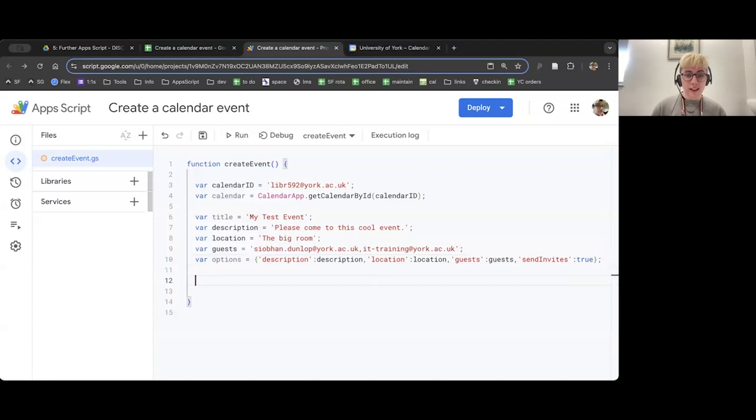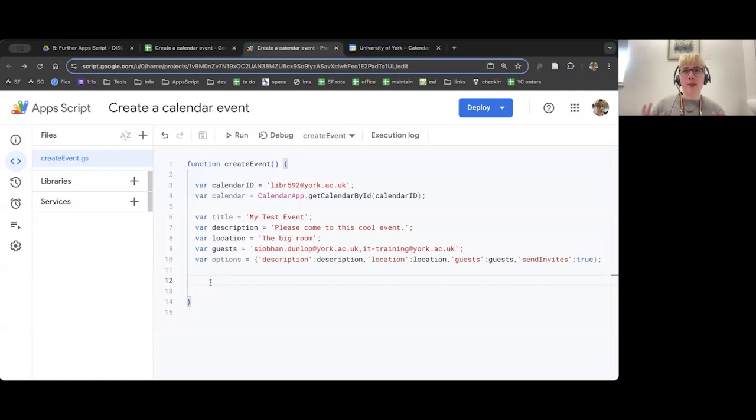So I'm going to hit enter and enter again. And I'm going to save my code at this point as well, just to make sure it's all happy. Brilliant. So we've got most of the things an event needs. We've got a name, we've got some people coming to it, we've got a location, but we're missing the elephant in the room, to use a weird metaphor. We're missing the thing that perhaps is most important for a calendar event, and that's when it happens.